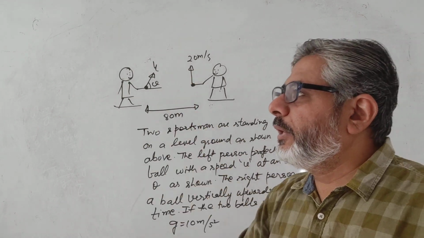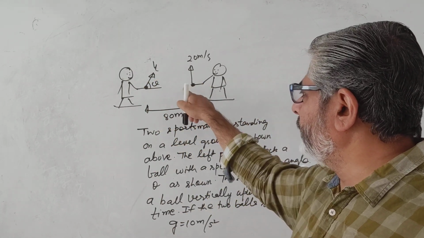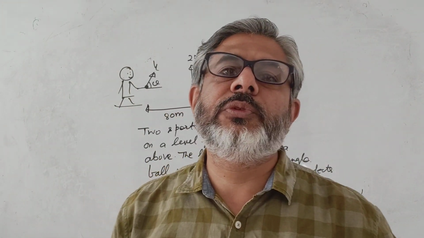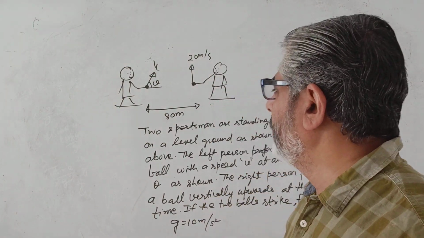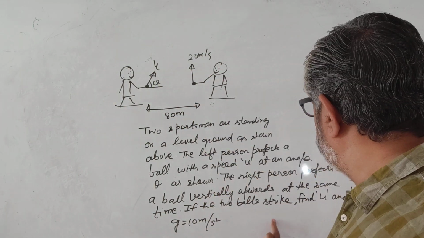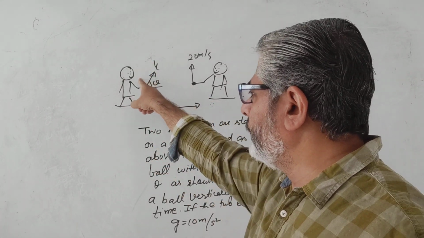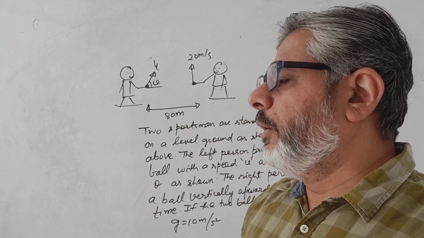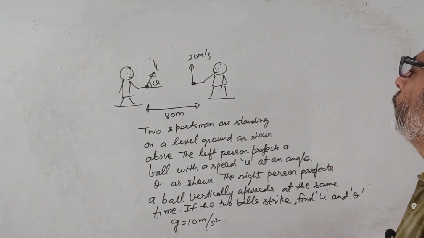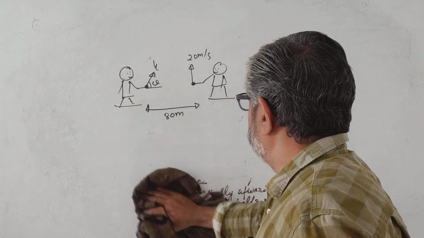Then he is throwing it at some angle theta with some speed u, but this boy or sportsman is projecting it vertically upwards, that is straight vertically upwards with a speed of 20 meters per second. Now it says that if the two balls strike, that is the question. And what is this? The speed of projection of this sportsman and the angle of projection. So if you have understood this question, I would like to remove the question and let us proceed to the